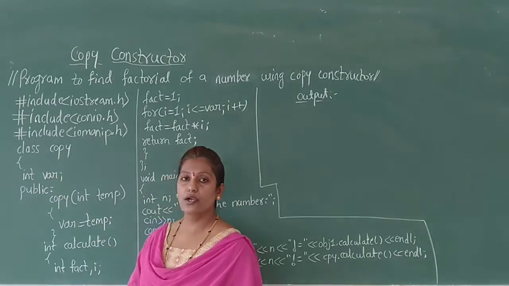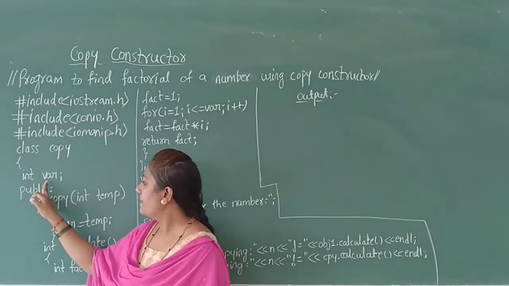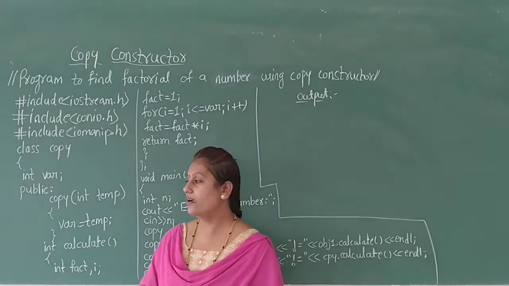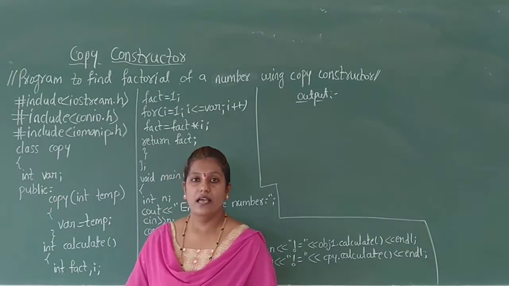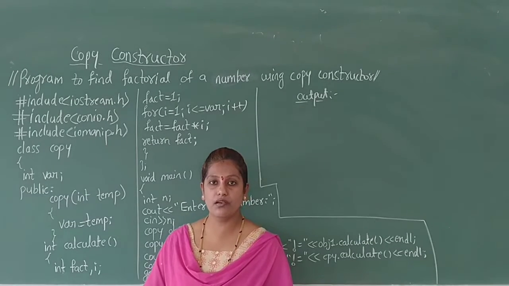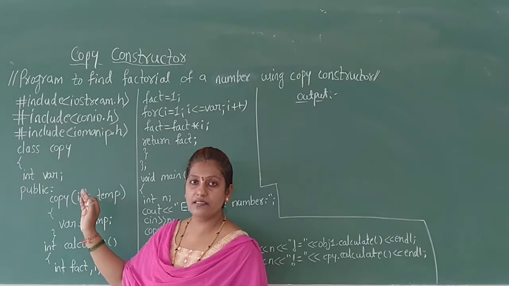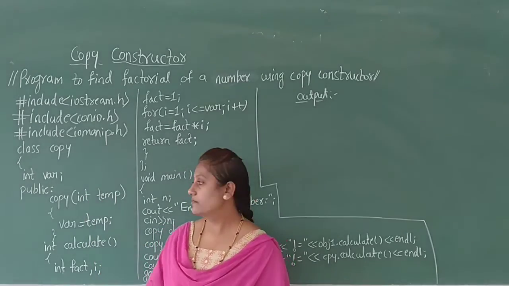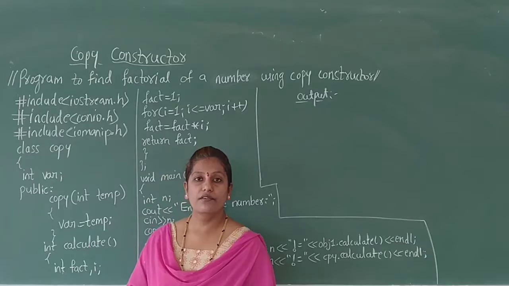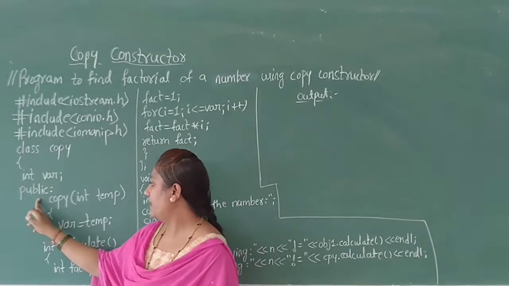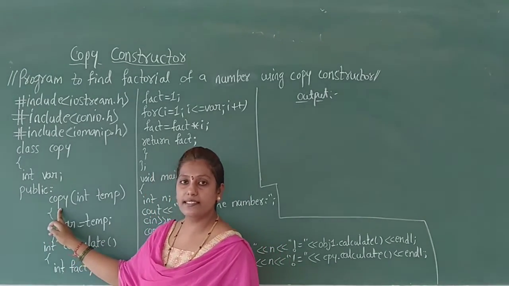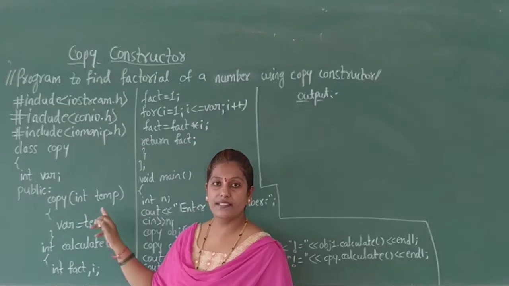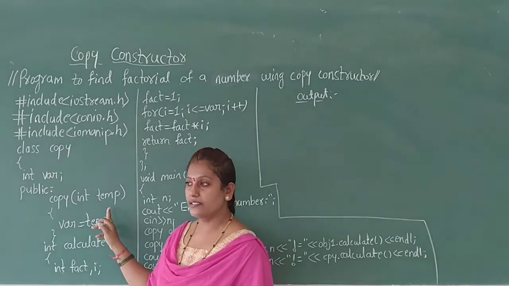Here the class is copy, and the data member var is declared with an integer data type and has the access specifier private, because here no access specifiers are mentioned. By default it is taken as private access for the data member var. In the public section, the copy constructor is created using one argument, that is temp, and it is declared with the